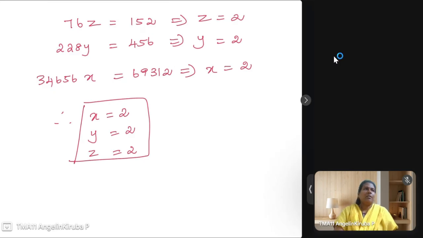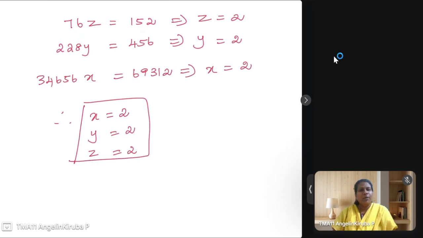So this is the direct method. Under the direct method we have two types: one is Gauss elimination and another one is Gauss-Jordan. Again, I am repeating: one is Gauss elimination and another one is Gauss-Jordan. In Gauss elimination, we convert the matrix into an upper triangular matrix. You will be given two equations with two unknowns, or three equations with three unknowns. Sometimes chances are you will get four unknowns also.